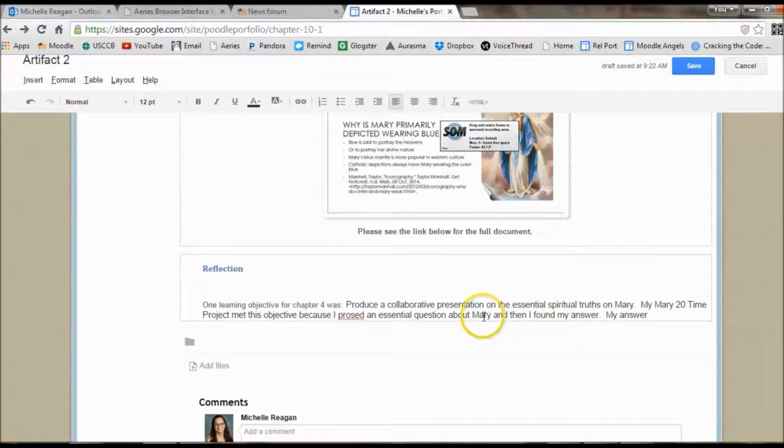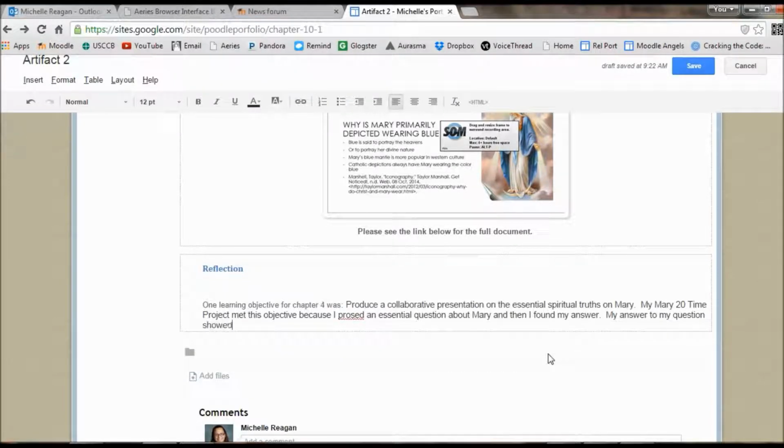And so you would put something to the effect, perhaps, my answer to my question showed the theological and cultural significance of wearing blue. I explained to my family members the connection between